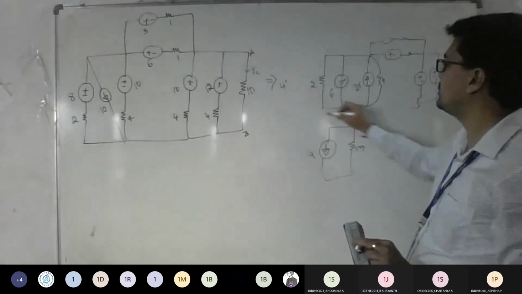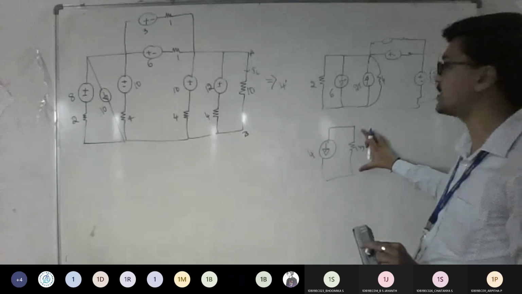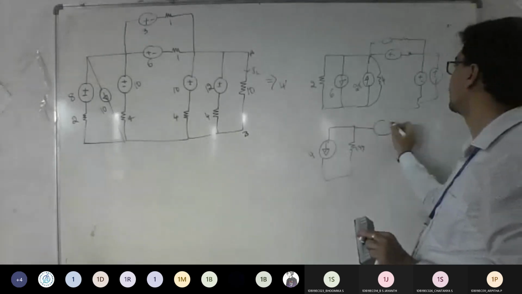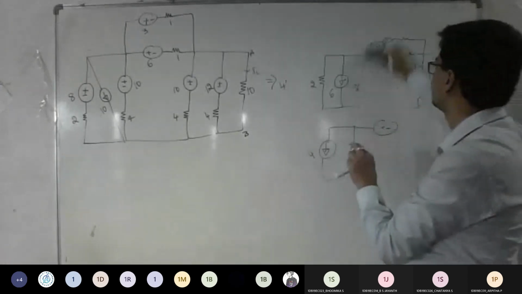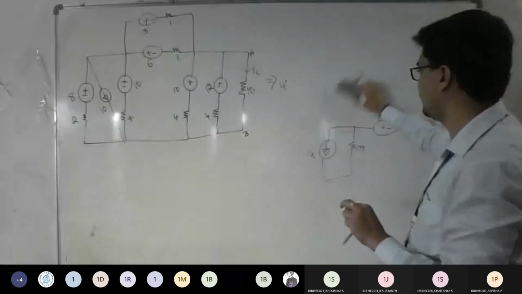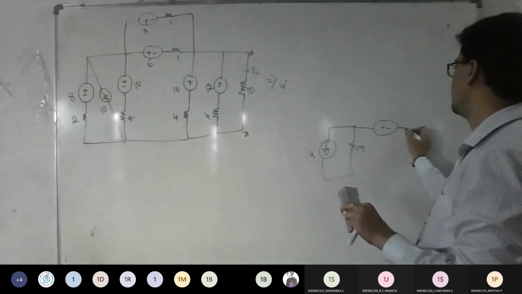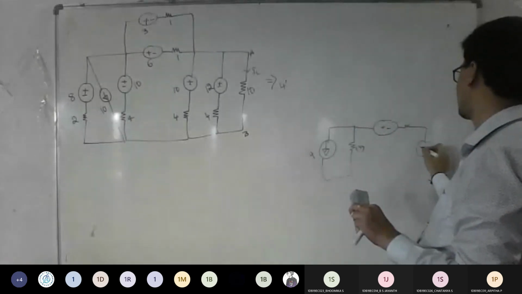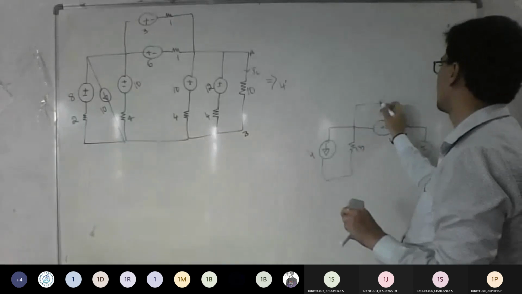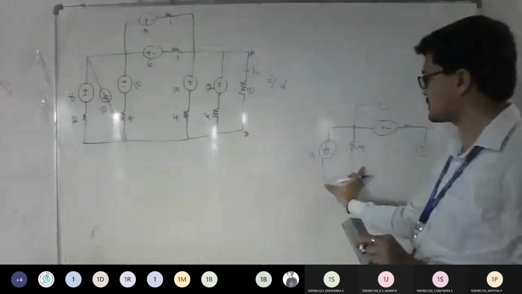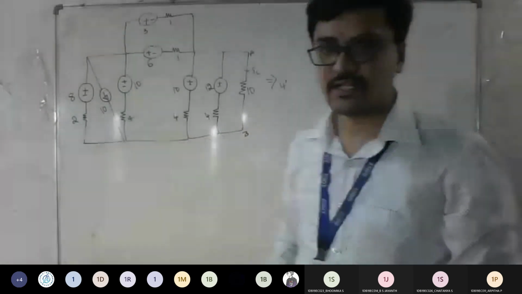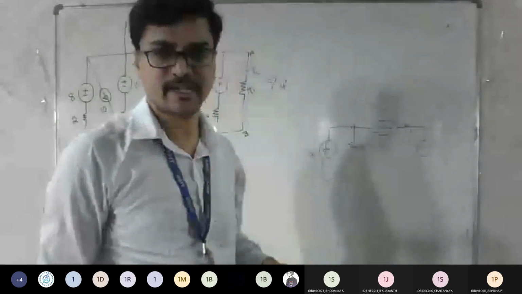1.33. Okay. So this complete part has reduced to one practical current source. So remaining, retain the things as it is. Any doubts? Anyone till here? See, you need to show all the steps clearly. You can look at here. This complete part has been reduced to a single practical current source.